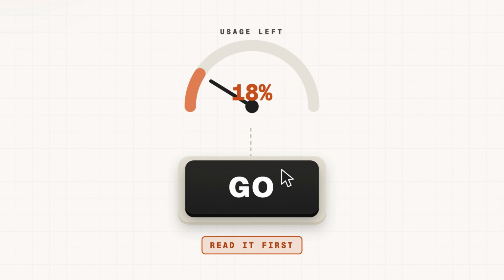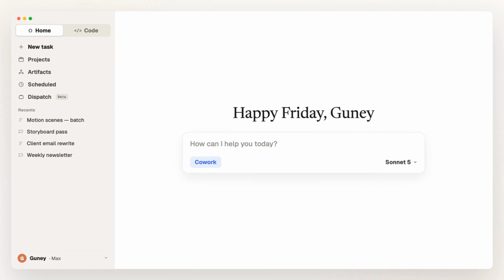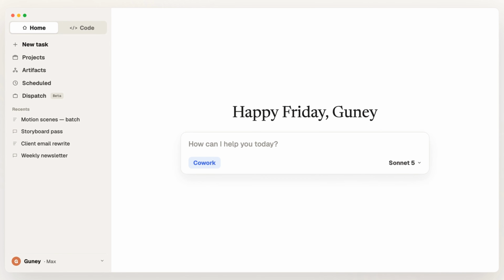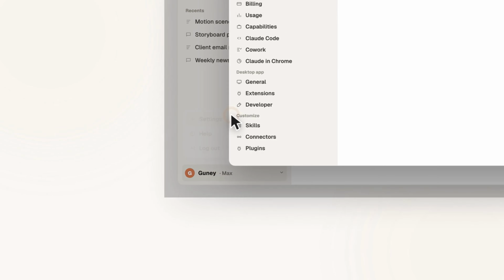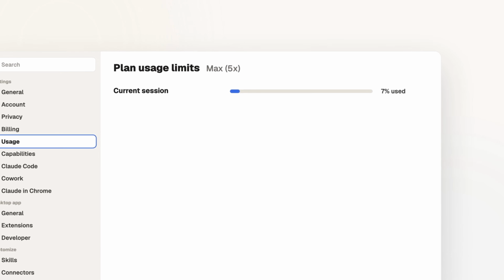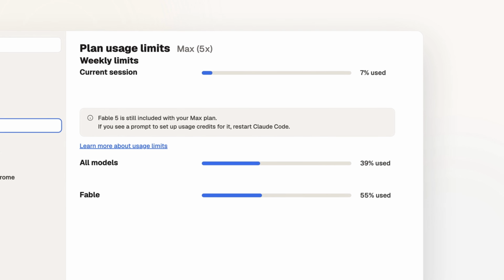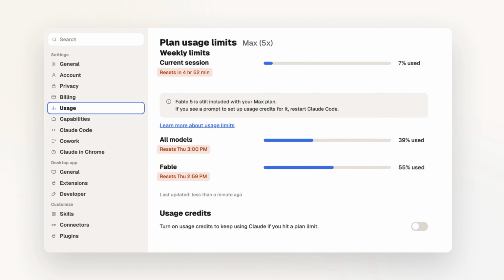Choosing the right model is only half of it. You also need to know how much usage you'll have left before pressing go. The second habit is checking your usage before starting. Go into Claude, open settings, then open usage. That page shows your progress against your current 5-hour session limit and weekly limits. It also tells you when those limits reset. I had never reached the limit before, so I did not feel the need to check that page before starting